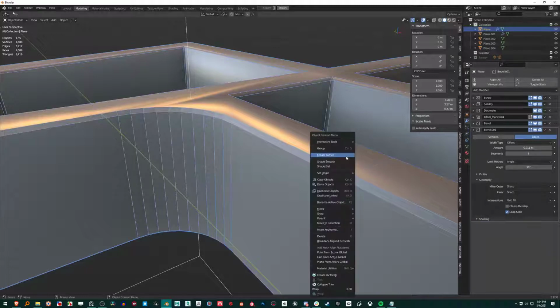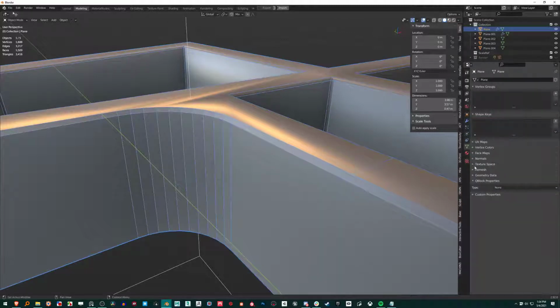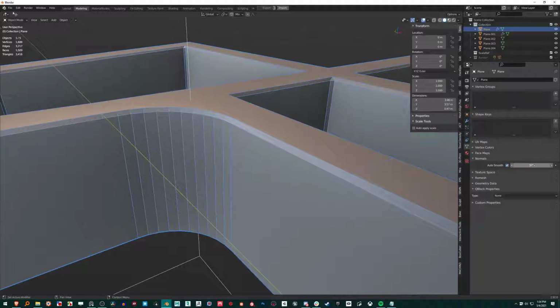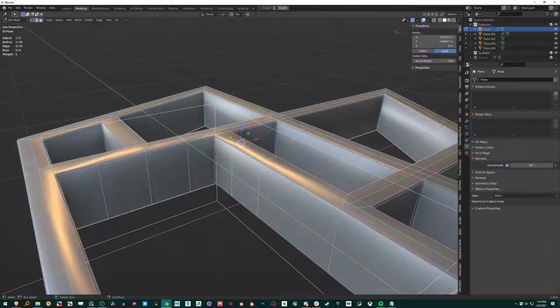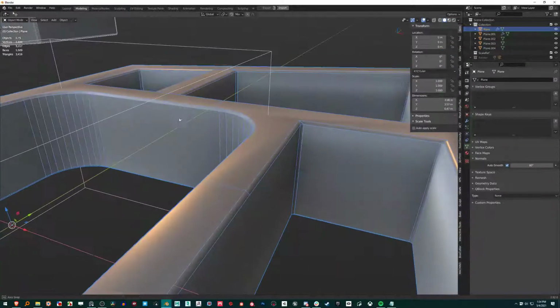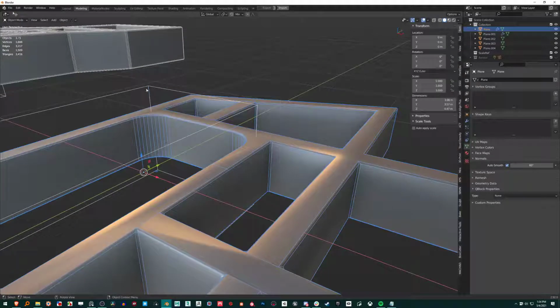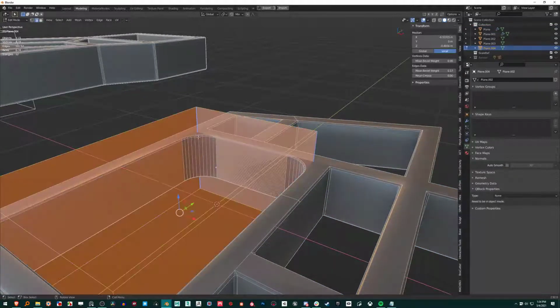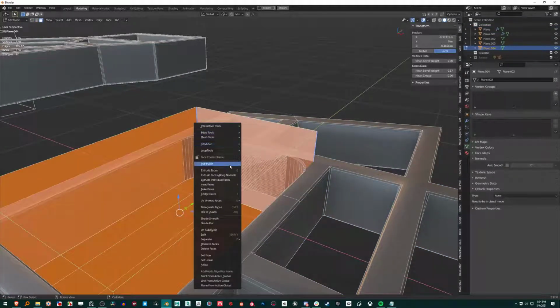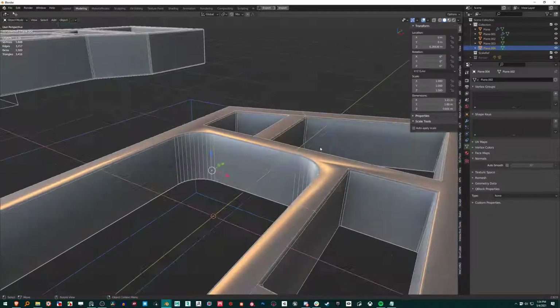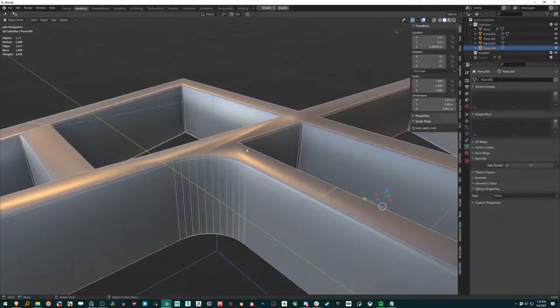And want to shade smooth. Turn off normals, auto smooth, and turn it to like 60. We're just gonna put a weighted normal modifier on. The reason this is sharp right here is because our Boolean also has sharp edge data. So just select everything, right click, and shade smooth. You could do that in object mode too. So now with all that,